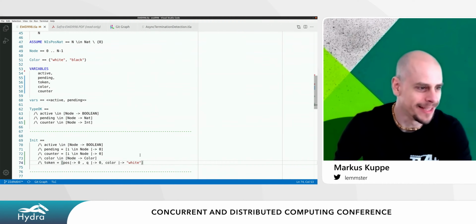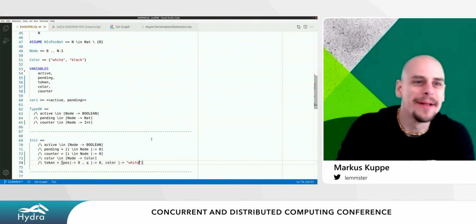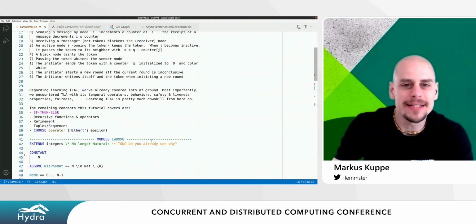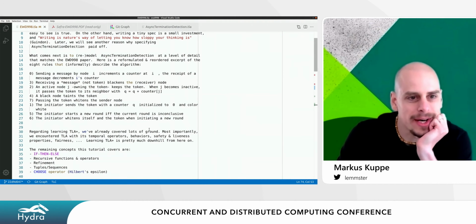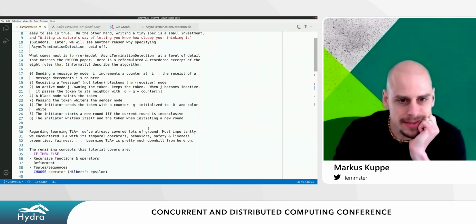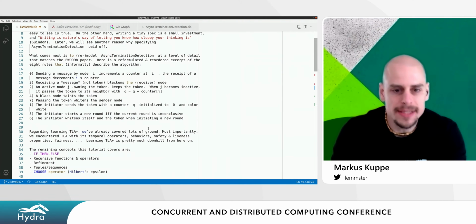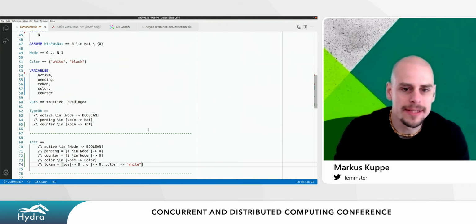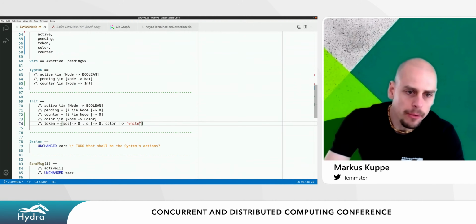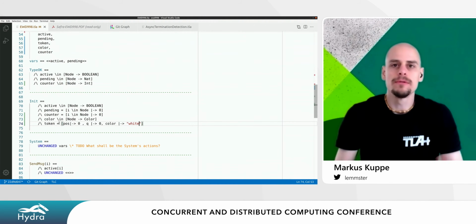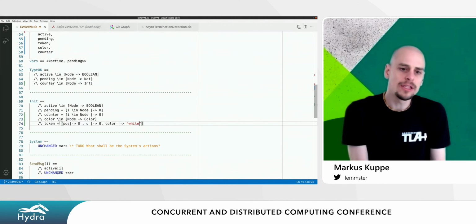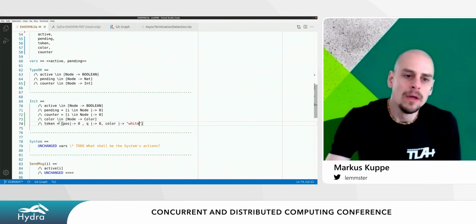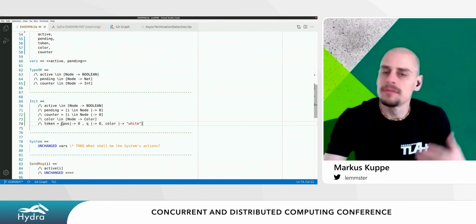We're here to make mistakes, right? We learn from mistakes. I don't think it's said here explicitly what color the token should be initially. But let's go with white and see what happens. But really what we've done here is use additional syntactic sugar to define a function that we call